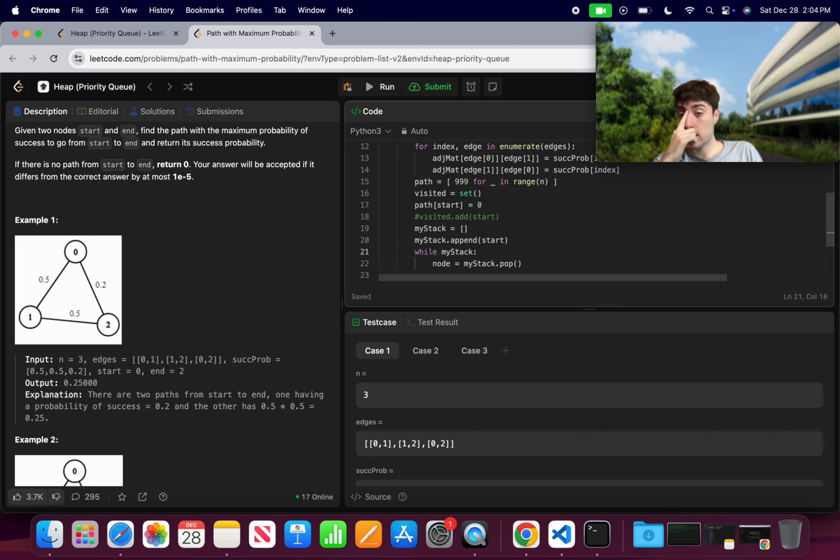But that is not in accordance with what the algorithm says that we need to do. The algorithm says that we need to go to the